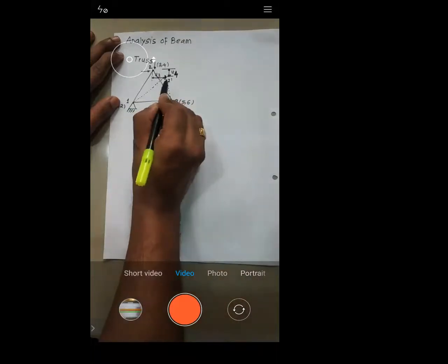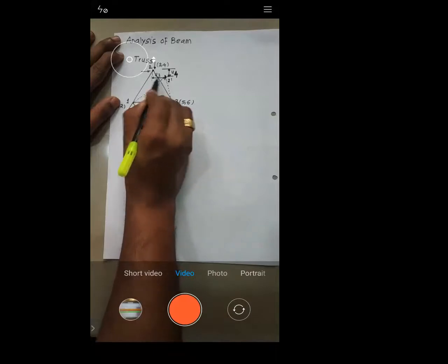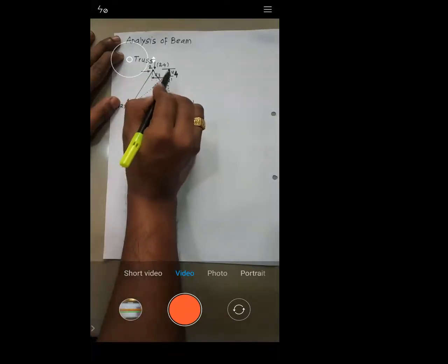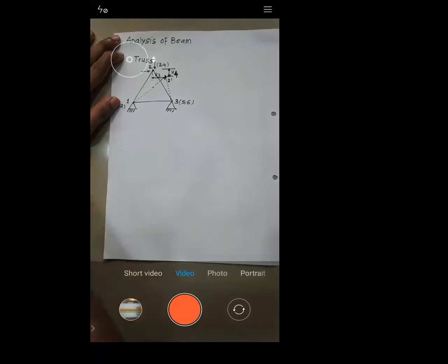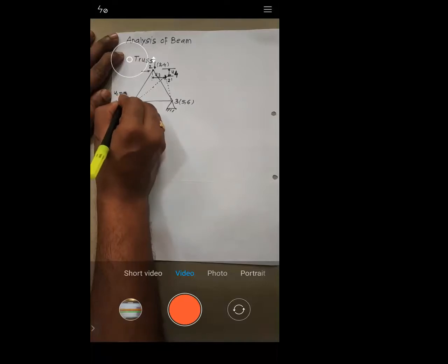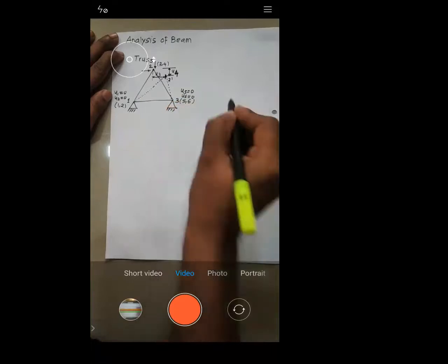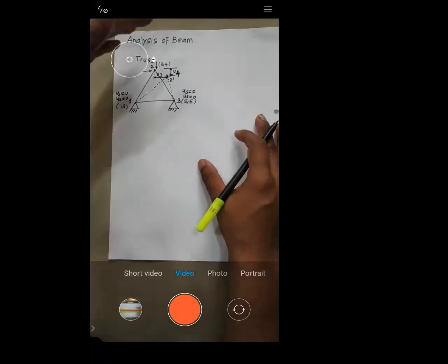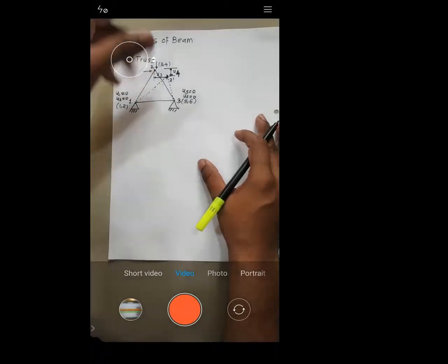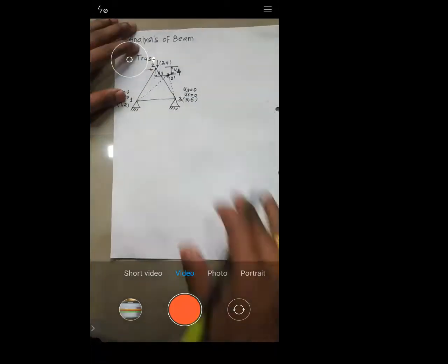So what is the horizontal displacement of node 2 in X direction? It is U3. What is the vertical displacement of node 2? It is U4, right? Is it okay? And what is the displacement of node 1 and node 3 in X and Y direction? They are 0 because they are fixed. Yes or no? Is it okay or not? So U1 is 0. Similarly, U2 is 0, because they are fixed. Similarly, U5 is 0 and U6 is 0. So that is basically truss. In a truss, every node can move either in horizontal direction or in vertical direction. That is truss. Now come back to beam.